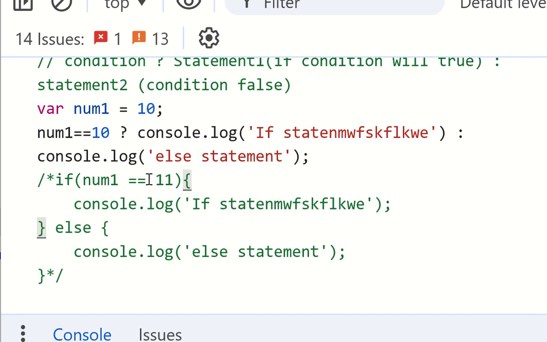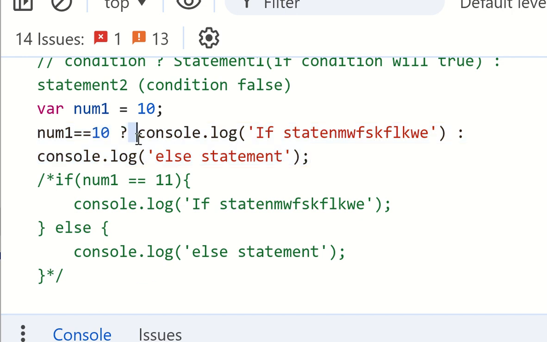You can see the same statement using the ternary operator; the same statement we wrote with an if block. So if you are aware of the ternary operator, use it first and ignore the if statement, because execution will be fast.